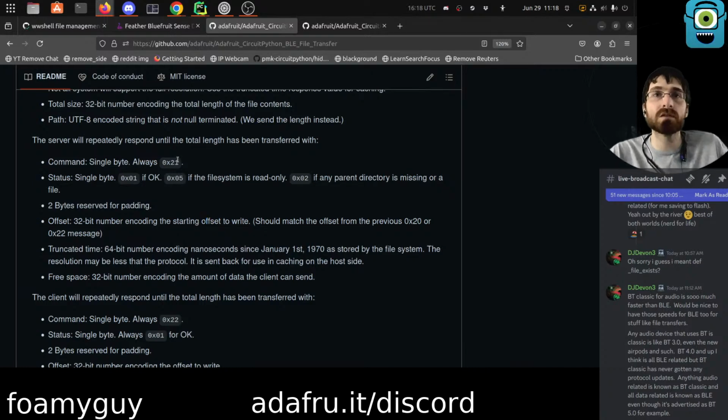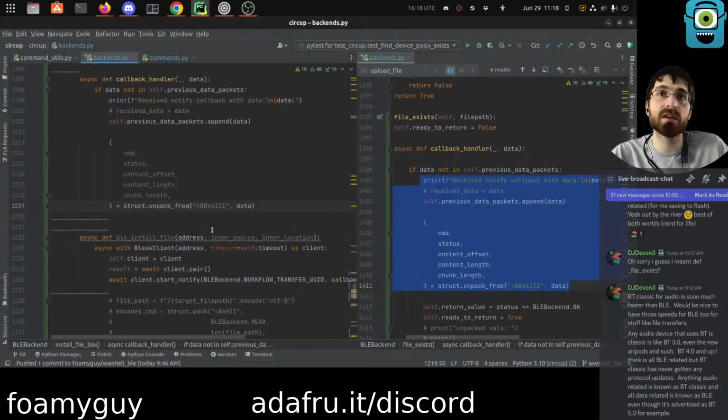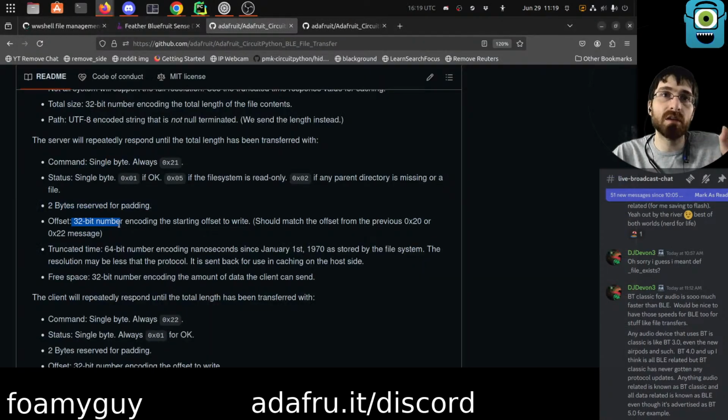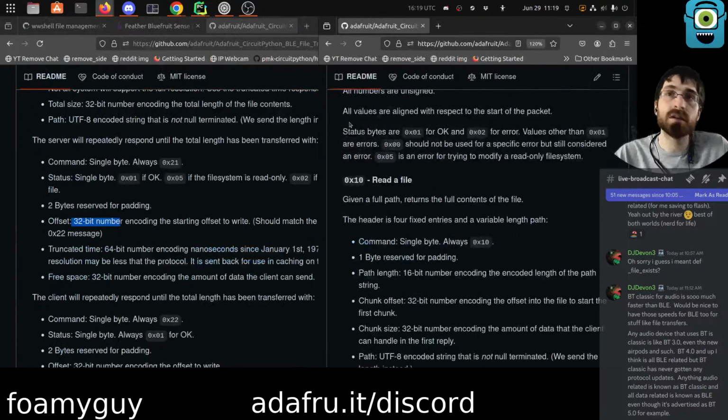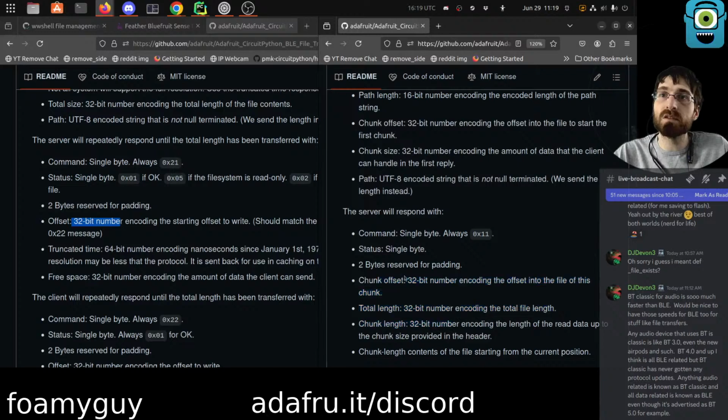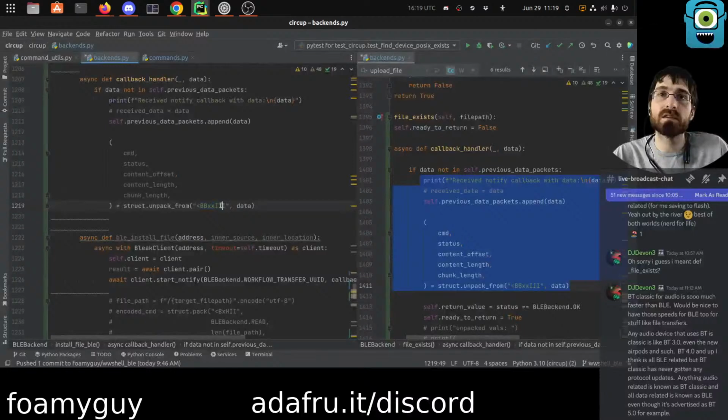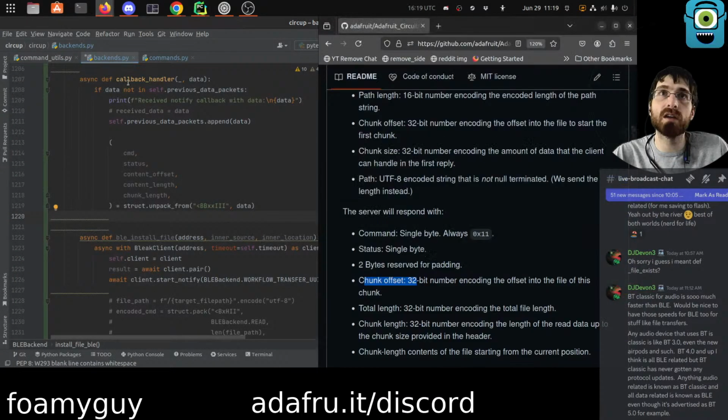Okay, so let's actually fix this. So single byte 21, single byte status, 2 bytes padding. Okay, so far it is the same actually, coincidentally. Then offset is a 32-bit number, whereas on read, it was chunk offset, which was 32 bits as well. Okay, so I must be 32. So this got 3 32s, so it was I. Okay, so we're gonna have 1 I, and then